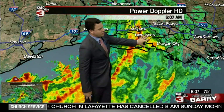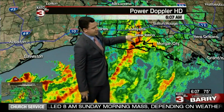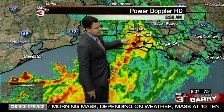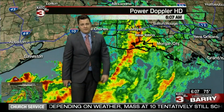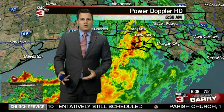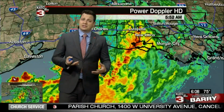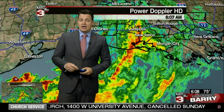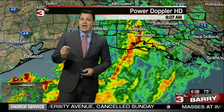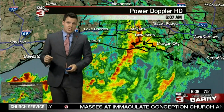Mary or northern St. Mary Parish, Iberia Parish, Vermilion, even into Lafayette Parish. It's going to be that corridor that sees the heaviest rainfall, and that will see the flood threat today. I think we've missed the window of that 15 to 20 inch rain that we were originally talking about because the rainfall didn't start to set up until overnight last night. However, that being said, I think we're still on the hook for a 10 to 15 inch range somewhere in